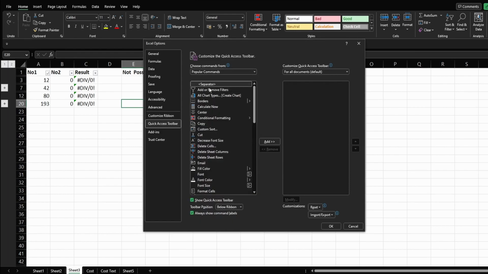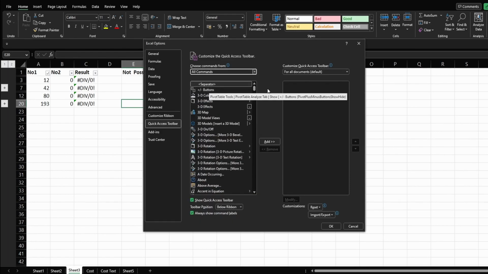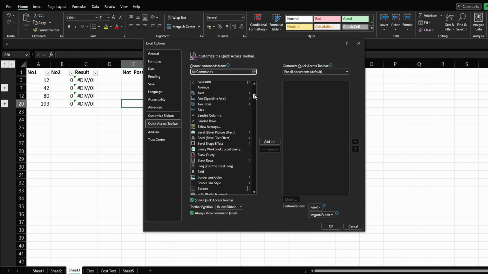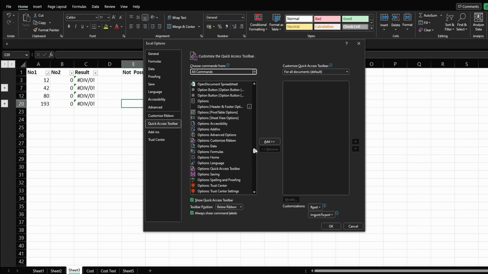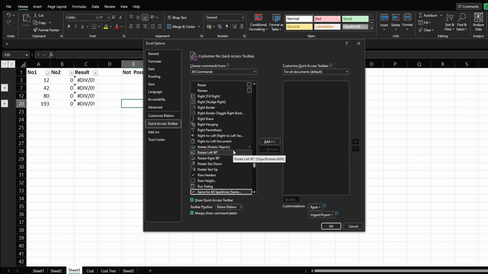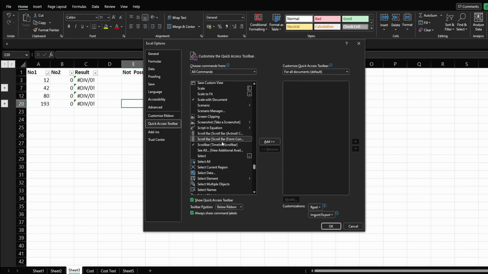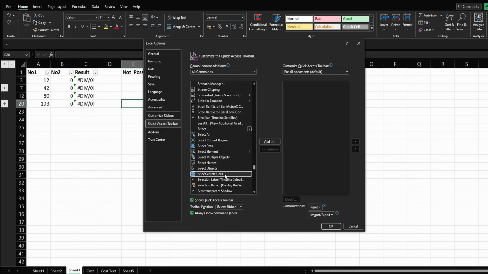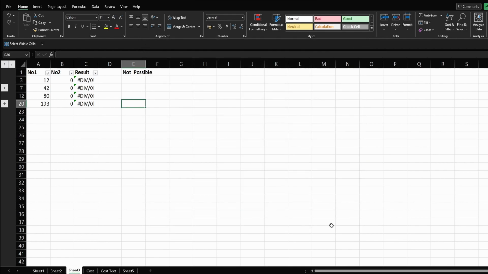And the list will be alphabetically sorted, so we either scroll to S or we click a random command and type S, which will move us to the beginning of the S commands. And we scroll down until we find Select Visible Cells. We click Add, then OK, and now the Select Visible Cells command is the first one we see on the Quick Access Toolbar. If we select our cells again, we press on the button we just added, we see that it selected only the visible cells,